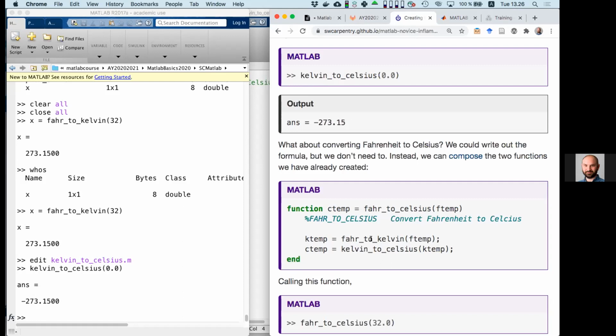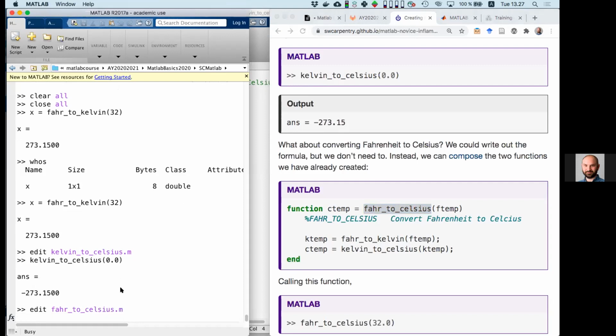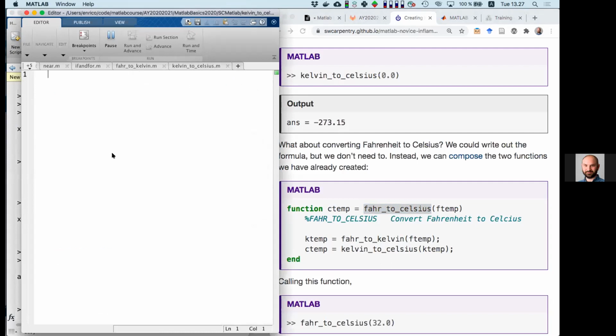Just combine functions that are written somewhere else to get your new function. So now I'm going to do it, and you should do it as well. Yes please. So function, the output is the